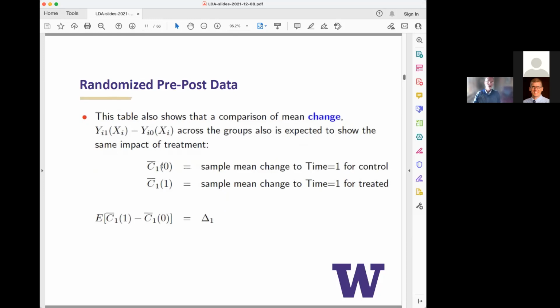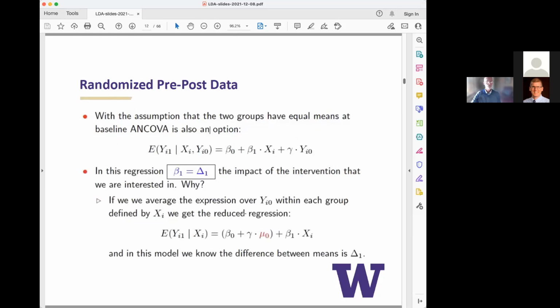And we can average the change in the control group, and we can average the change in the treatment group. And we could subtract the control group average change observed from the treatment group average change observed, and the expected value, that's the E thing, we expect that to be equal to the fundamental estimand, the parameter we care about in this example. Okay, I want to point out one other thing. It's a little tricky to point this out, but I want to put a third option on the table.